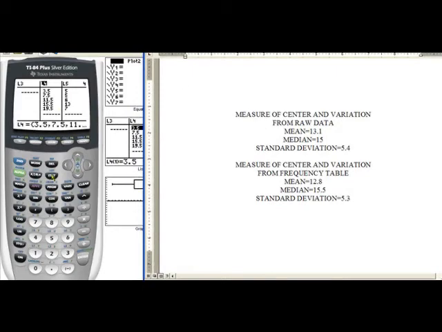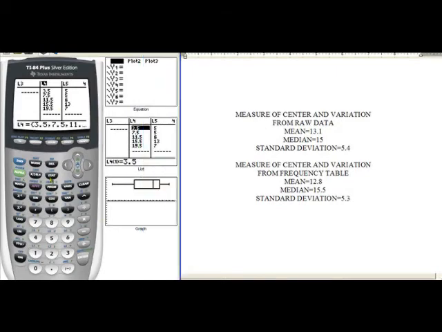The way to do that is for you to go to Stat, and this time I will pick the Calculate button, go to the right with the right arrow, and then pick number 1 variable statistics. Now the calculator is going to blink and ask, okay, what do you want me to do? I put my raw data in L1, so I'm going to push second one, which will pick up that blue key, which is L1 in this case. When I push enter,